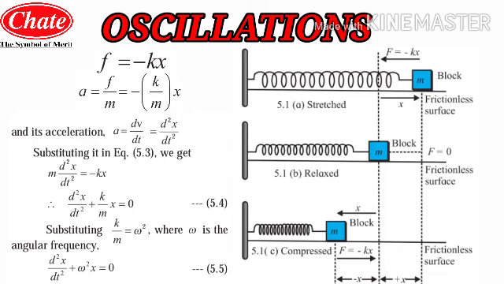So students, when this question is asked in your exam, first of all you have to draw this diagram, means 3 cases. The first one is the stretched case, the second is the relaxed case, and the third is the compressed case. And you have to give proper naming for the block and the force, indicating toward which side F is equal to minus kx acts when the block is at the rightmost side. And in the third case, you will indicate toward which side F is equal to minus kx acts, toward the rigid support of the spring. So these things you have to write in a very correct way.